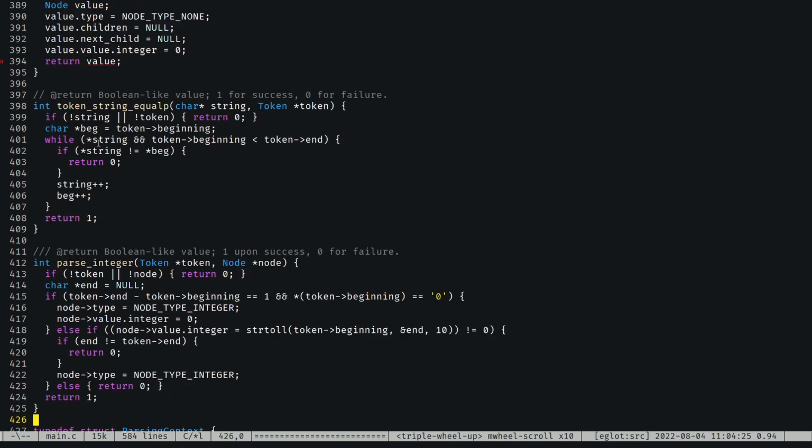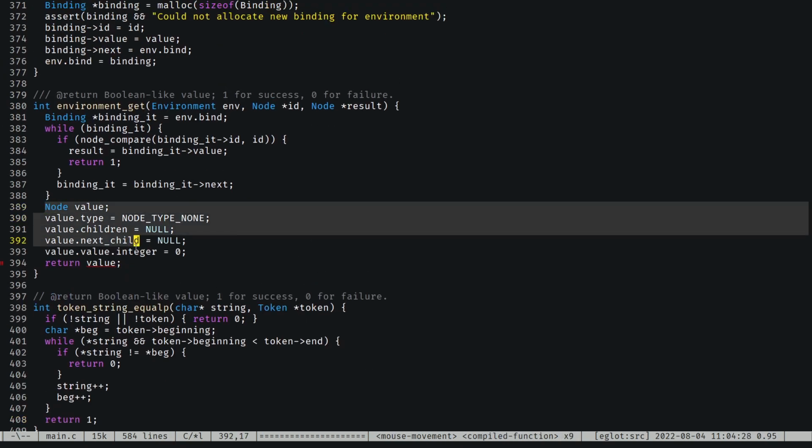I would like to print an environment to kind of understand that what I'm doing works, but